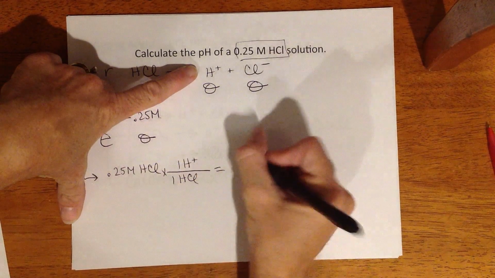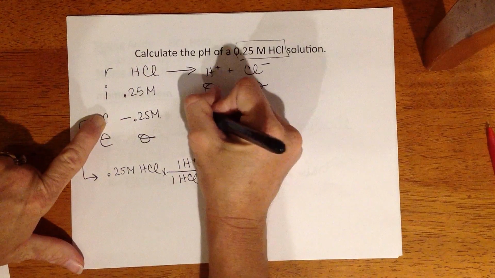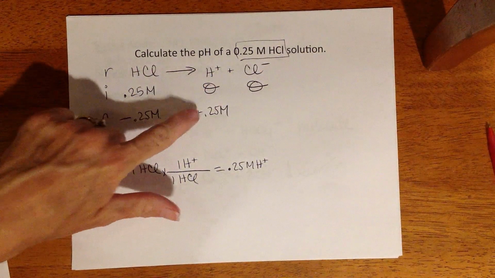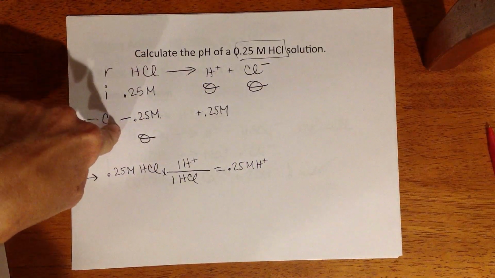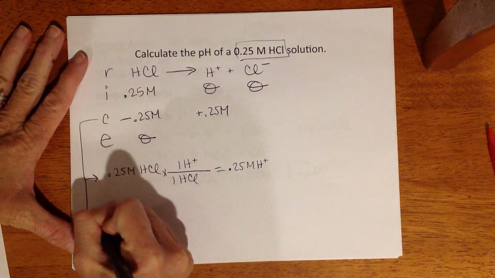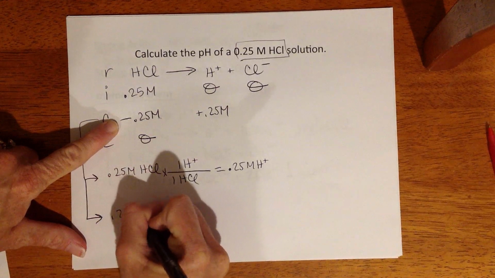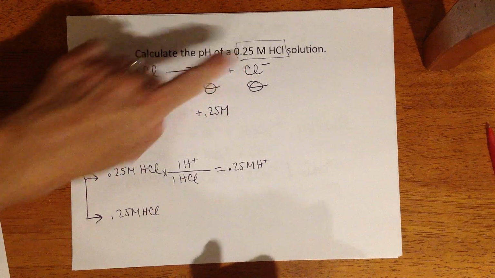0.25 times 1 divided by 1 is 0.25 molarity H. So I'm going to make 0.25 molarity. I will lose products and gain, I just lied to you. You will lose reactants and gain products. Okay? Another one off the change. If I lose 0.25 molarity HCl and it reacts in a 1-to-1 ratio,